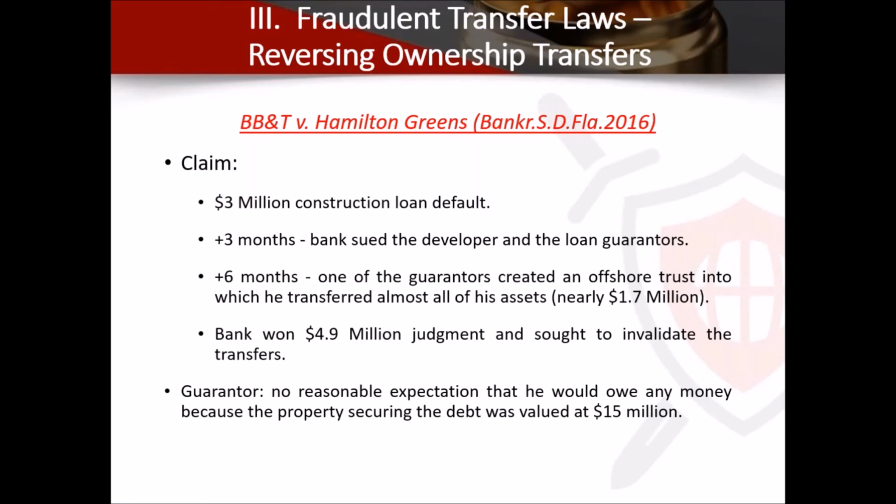So what he argued, the defendant, was that the property, when he made the transfer, was still worth much more than the loan, right? He also argued, why would I be concerned and why would I have the intent